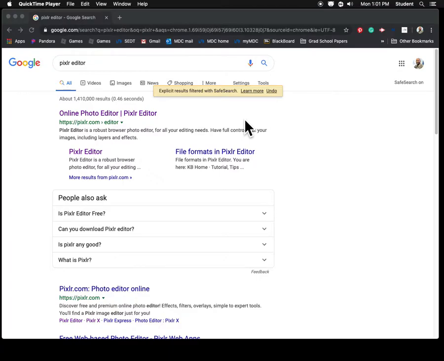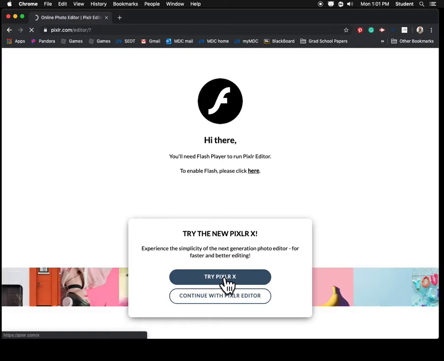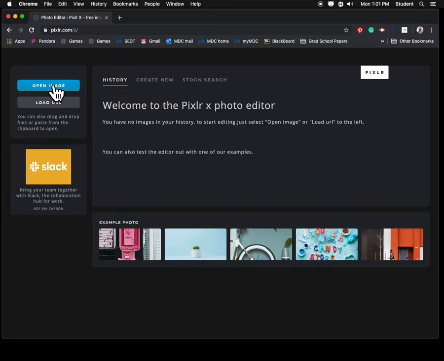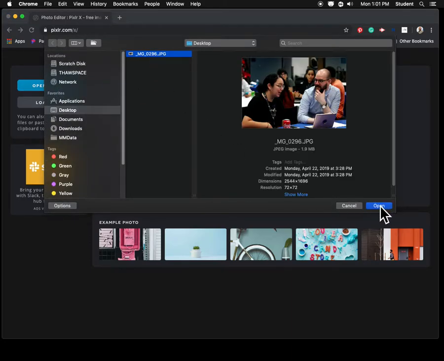If you don't have Photoshop at home, you can always go into your browser online and choose Pixlr Editor. When you type that into your search bar, you go down here to Online Photo Editor. You click on that. It's pixlr.com. Try Pixlr X. You click on that. It brings up your images here, and basically you can go in Open Images, select it from your computer, open